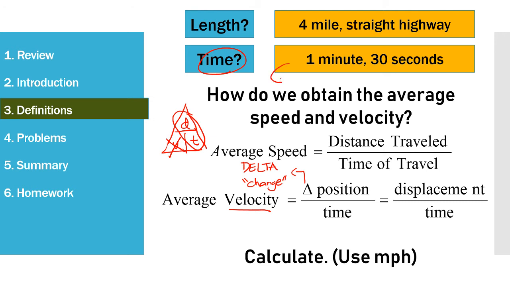So 1 minute can actually be converted to 1.5 minutes. Now, how do we convert that to hours? Well, we know that in 1 hour you have 60 minutes. If you multiply this, that cancels out. 1.5 over 60 will get you around 0.025 hours. Okay? And if we were to divide 4 miles of highway by 0.025 hours, we would get somewhere around